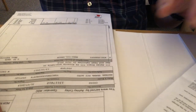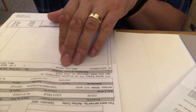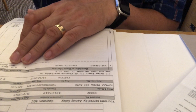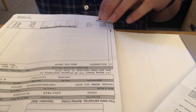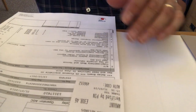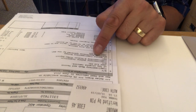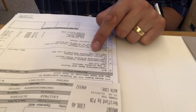And then we flip over, and the last thing on here is a seal for the oil drain, so sump plug for everybody else, 33p, which is quite a bargain, I think. So that gives us £308.46. I said there was an extra element in here, and that is RAC, 12 months complimentary Nissan roadside assistance,